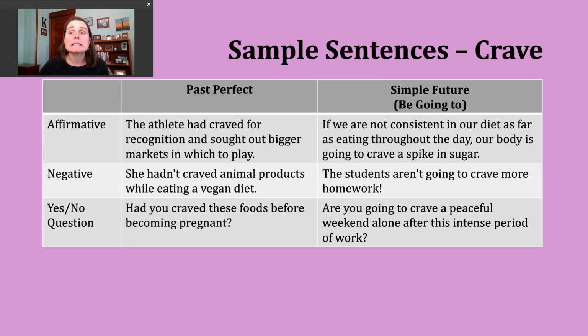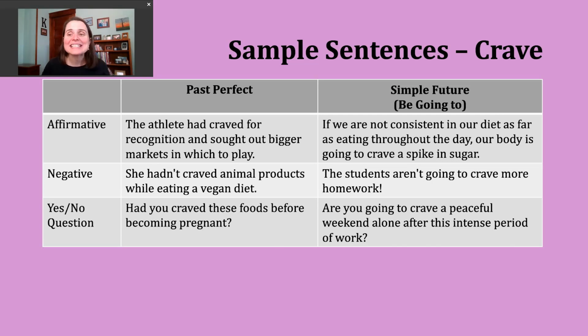When we go to make sentences in the simple future using be going to, we must pay attention to our subject. And that's because we're going to be using the present form of be in this verb tense. This means if your subject is I, then we'll use am, going to, and the base verb. But if the subject is you, we, or they, use are, A-R-E, going to, and the base verb. And finally, if your subject is he, she, or it, then you want to use is going to, and the base verb.